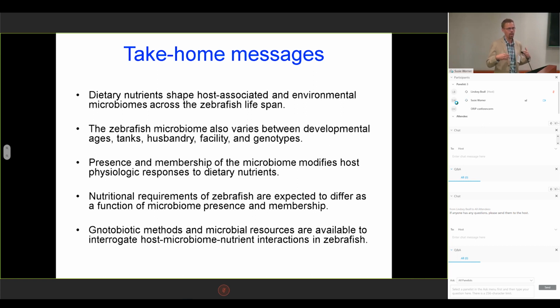And so one of the ways that you can view the field is this gradual, continued realization of new, unappreciated chemical and nutritional contributions of microbes to normal host physiology, which, despite those discoveries, those nutrients are not necessarily being incorporated into new versions of the germ-free mouse chow. So that's a struggle that hopefully the field will continue to pursue because it's important science. But yeah, and I'll stop there.